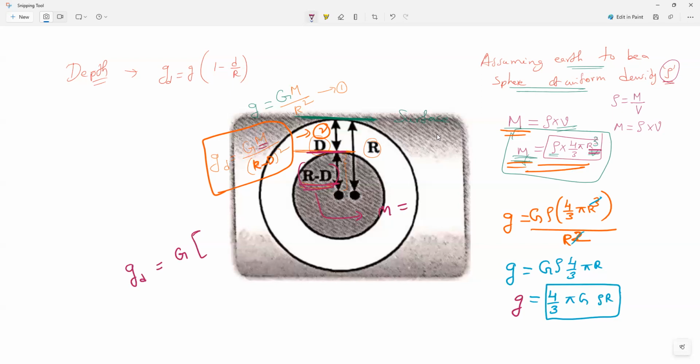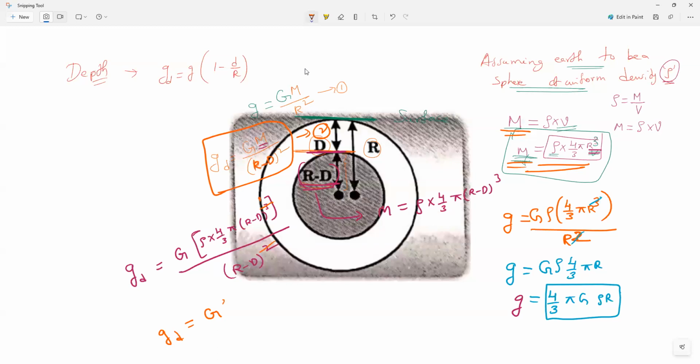So by that time, mass is equal to density into 4 by 3 into pi into (R minus D) whole cube. So density into 4 by 3 into pi into (R minus D) whole cube divided by (R minus D) whole square. Now you can solve it. (R minus D) whole square and (R minus D) whole square get cancelled. Only one is remaining. So what is the remaining, everyone? g_d is equal to